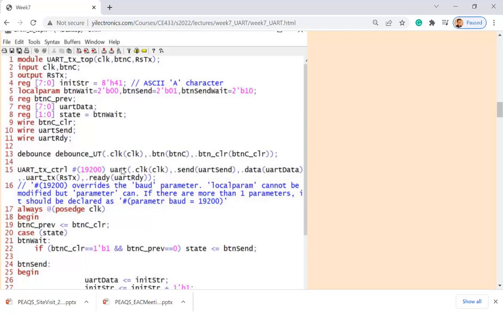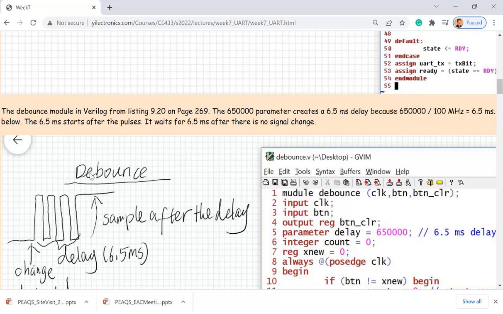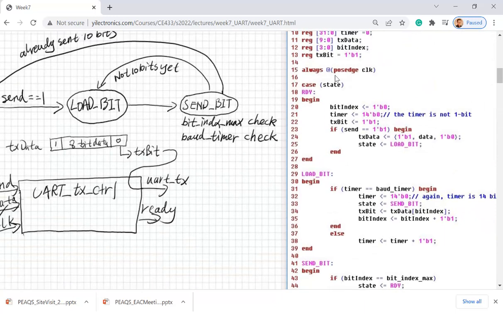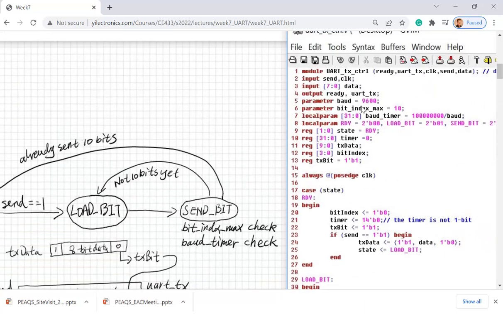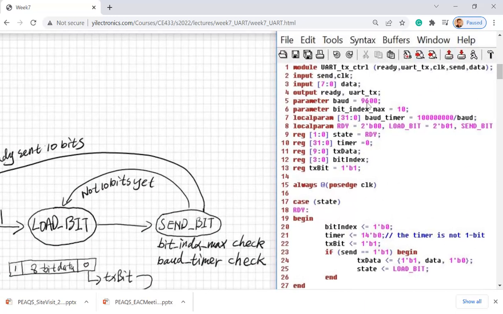So it's going to override all the other ones. But in this example, it's just trying to show you that you can do it. So in the top module, I actually changed the baud rate to this. Okay, so this will be taken into the submodule and replace this number with a higher baud rate, just to let you know. So this is actually not doing the job. So that's